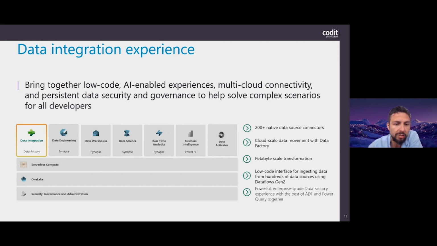So this is purely for mostly integrating. You can do some low-code data transformation with the Dataflow Gen 2 version out of it, but this is really low code, drag and drop. You click some, you put some building blocks together, you make the connections, and your data will be flowing into the platform. This will be used mostly for real-time data, for batch data integration. So things that you will do every 10 minutes, once a day, once a week, once a month, and then this is the tool for you at the moment.